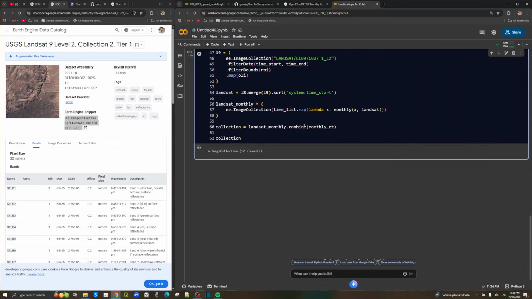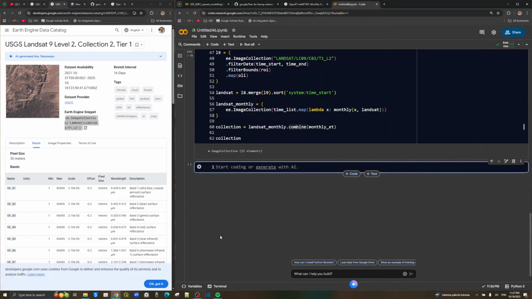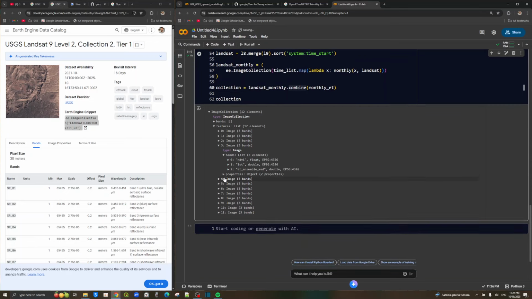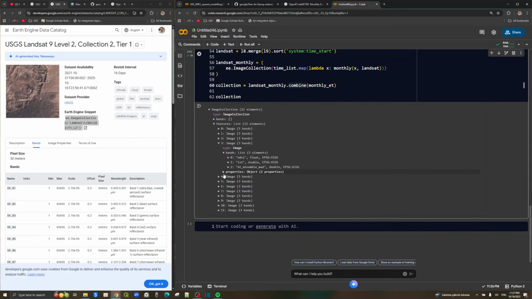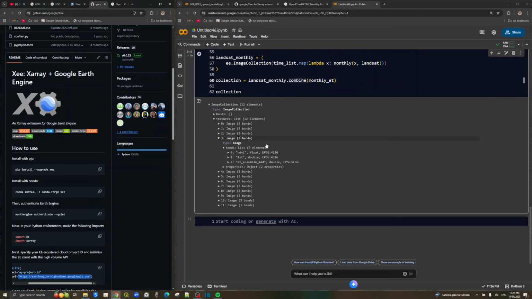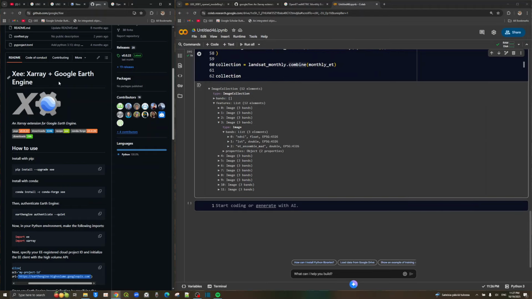model based on it. So now let's make another code cell and convert the image collection format into the X-array structure. This step is very important. Thanks to the XEE library, now we can easily convert an image collection from the Earth Engine into the Python environment using X-array structure. And after this conversion, we can apply the Python functions on satellite data easily without any